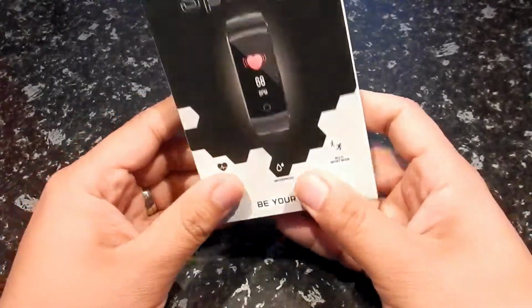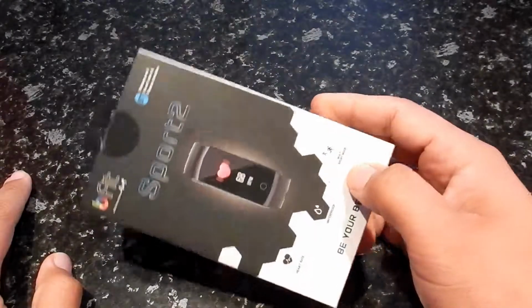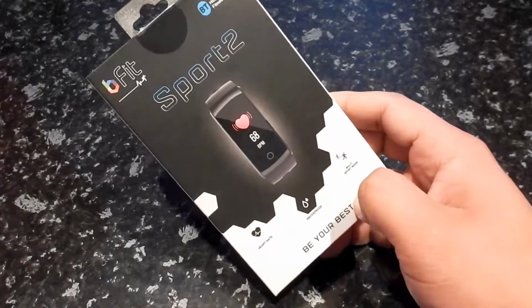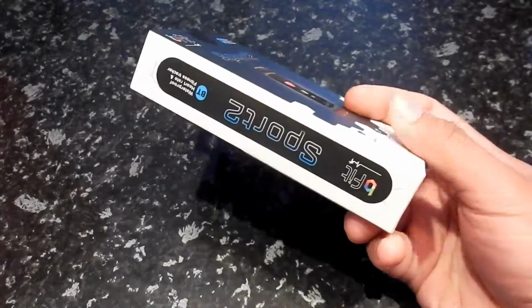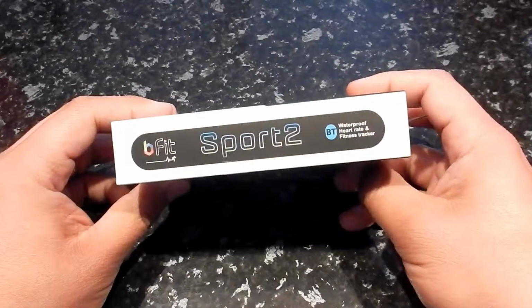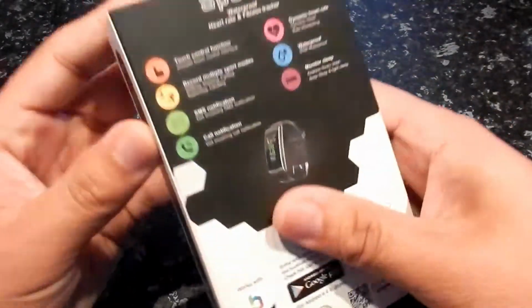Okay, so this is the Bfit Sport 2. It's my replacement because I bought a Bfit Move, I think Move 2, and the strap broke. They don't have it in the shops, so it's only on the website. So this is a bit of a replacement. It's only at Game Store South Africa. This might have another name, but okay, on the box we have